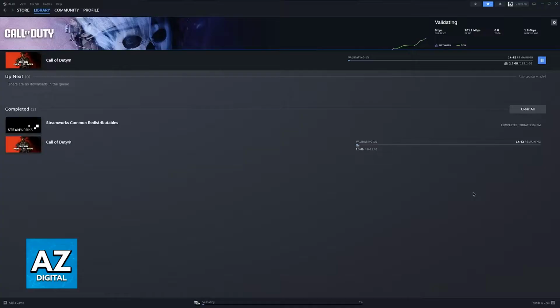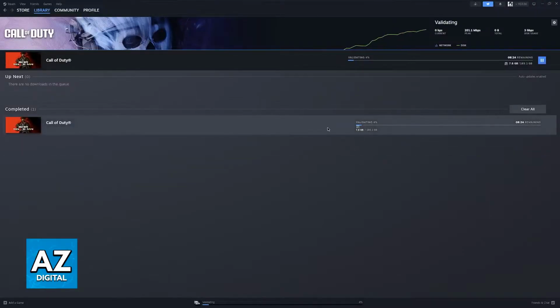Now, you will notice that for the newer titles, it is a very lengthy process because they are big, but for Black Ops 2, it shouldn't take too long. If it detects that any of them were missing, like I said, they will simply be re-downloaded, and as long as you don't have any corrupted or missing files, you will be allowed into the game. Now, try opening it up and seeing if it launches. If it still doesn't open, then you can move on to some additional steps.